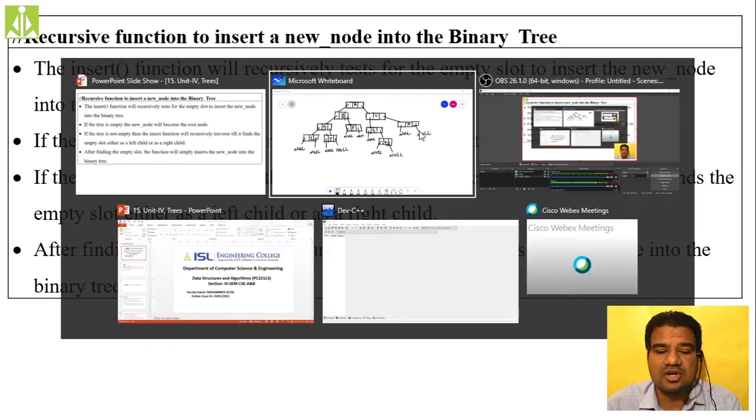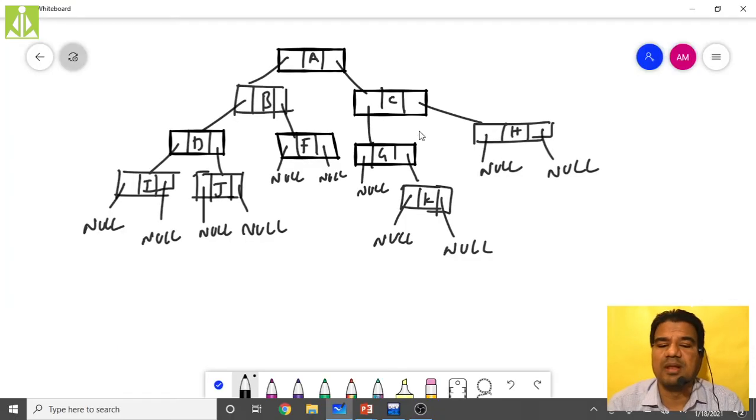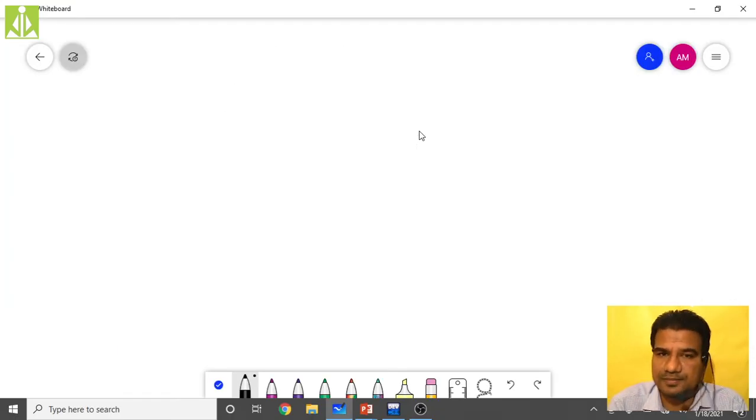See, my insert operation, it is very simple. I will give you one simple logic for understanding this insert operation, because we will do it recursively. And moreover when I gave the definition of the tree, I told you that it is a recursive data structure. At every node we are going to have the recursive representation.